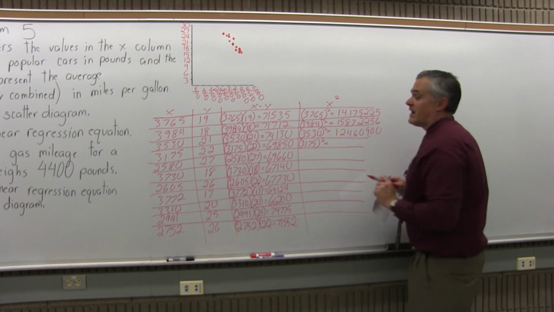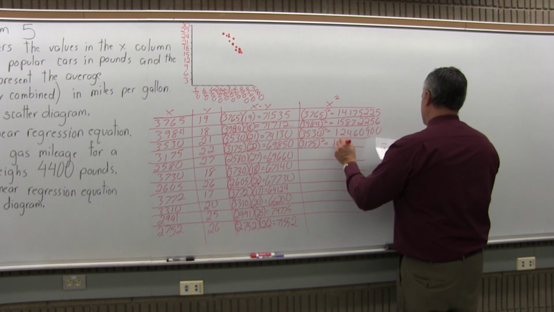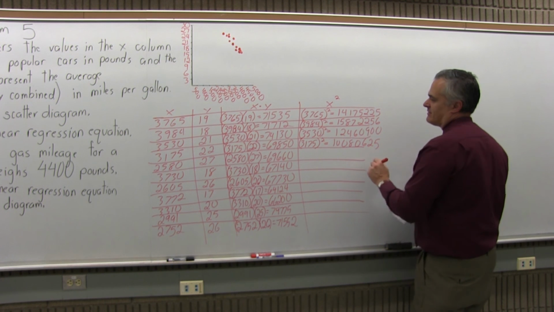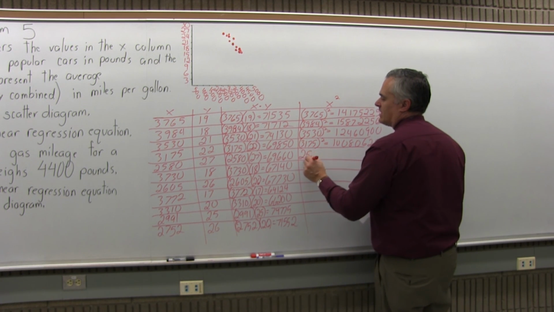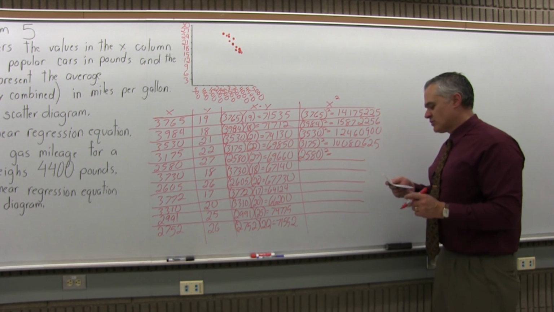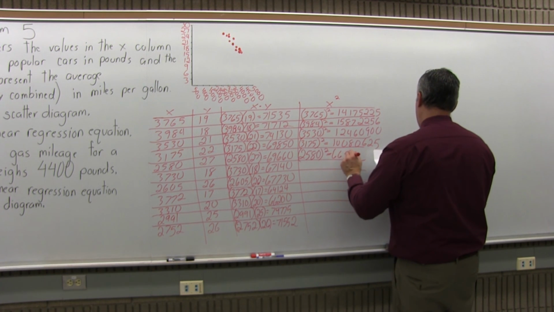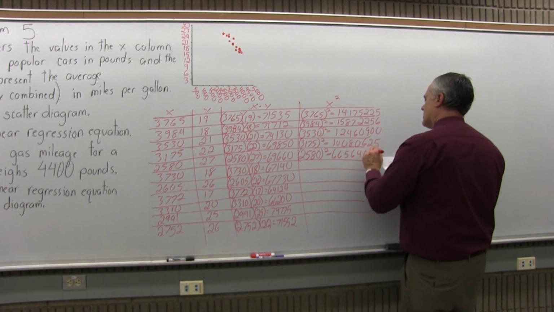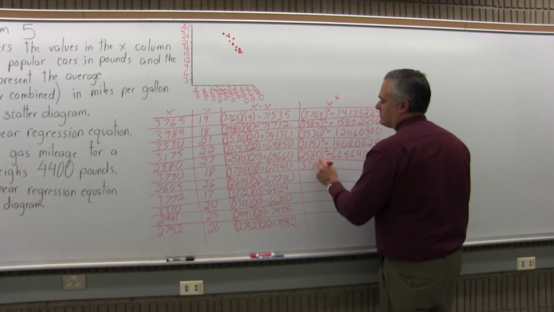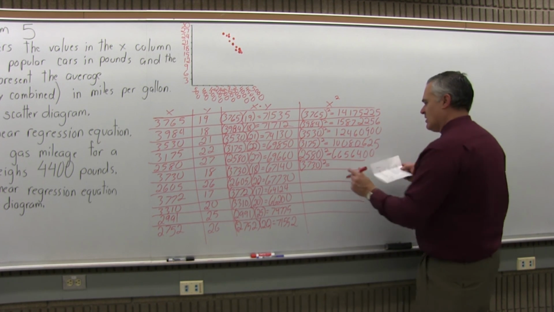So you do 3,175 second power. 3,175 times 3,175 is 10,080,625. And then 2,580 second power. So 2,580 times 2,580 is 6,656,400. And the next car, the weight is 3,730, so you do that second power. 3,730 times 3,730 gives me